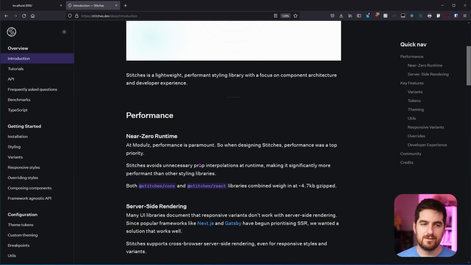What it means is that rather than do everything in JavaScript, Stitches leverages a lot of standard web technologies like CSS custom properties and lets your browser do the heavy lifting in terms of switching of themes and cascading in your CSS, rather than calculating everything in JavaScript, which makes Stitches very, very fast, very, very light,